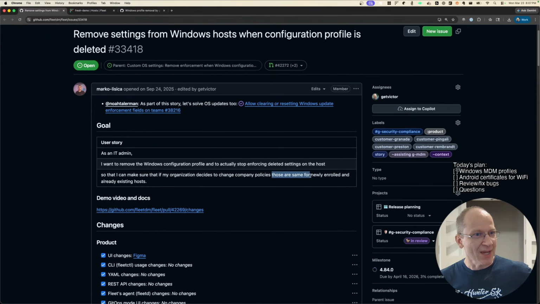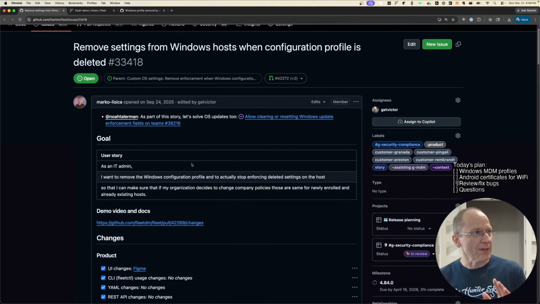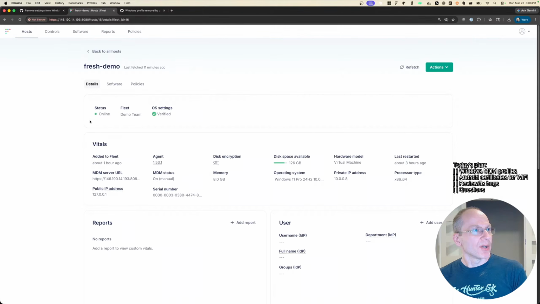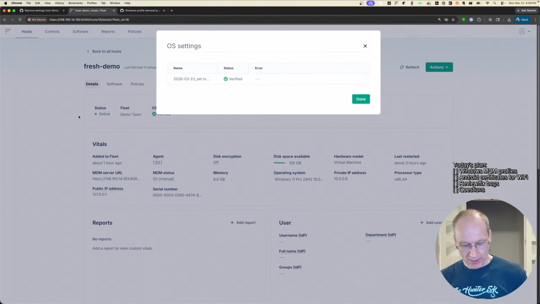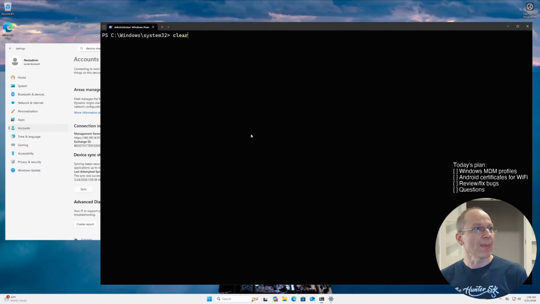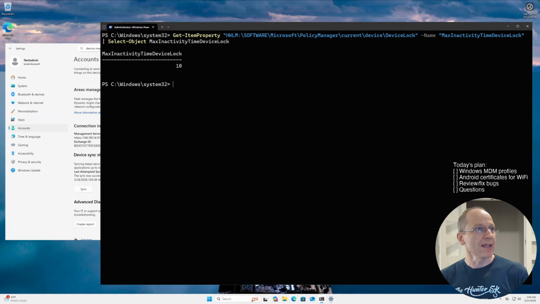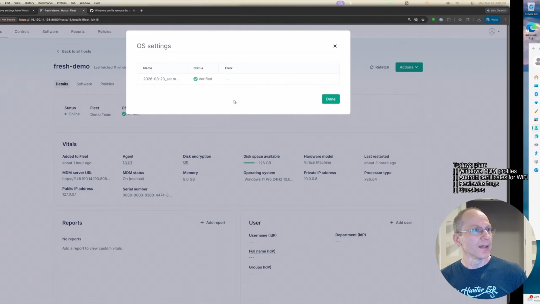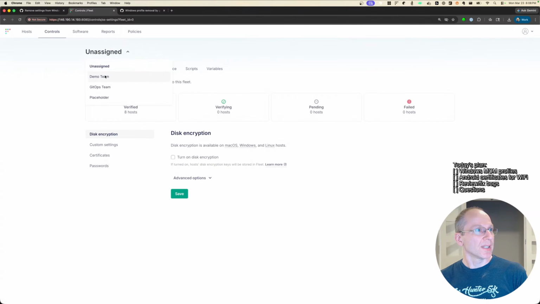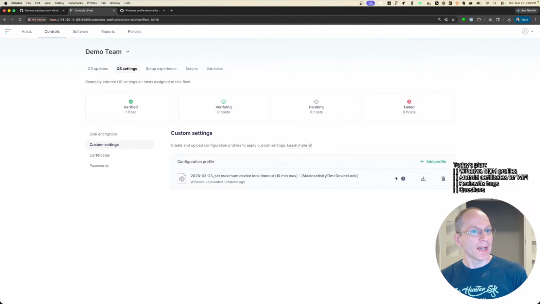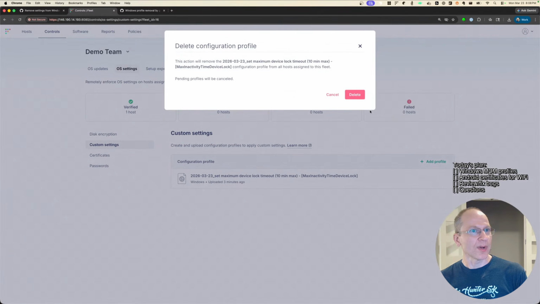Those are same for newly enrolled and already existing hosts. All right, so what does that mean? Let's go here. We have a host. It has this setting, maximum device lock timeout. So if I go to that host, I can run a command to see that setting, and that setting is 10. So now, if I go to controls, OS settings, demo team, and I actually delete this profile,